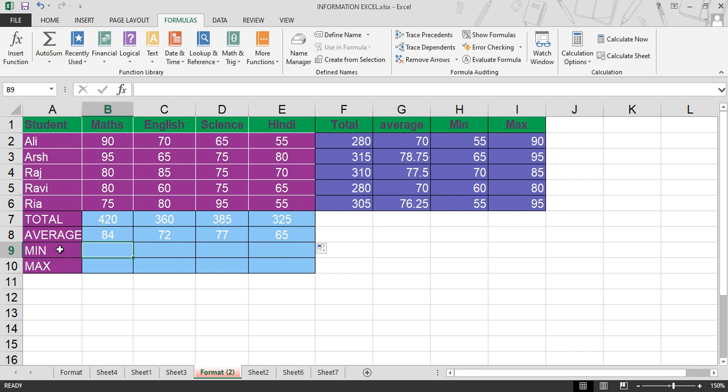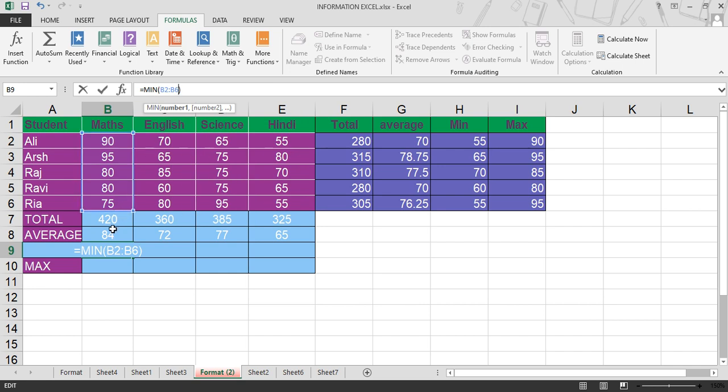Then how to apply minimum value? Select the cell, click on Formula tab. Under the function library, click on AutoSum, select minimum, then change the cell reference.